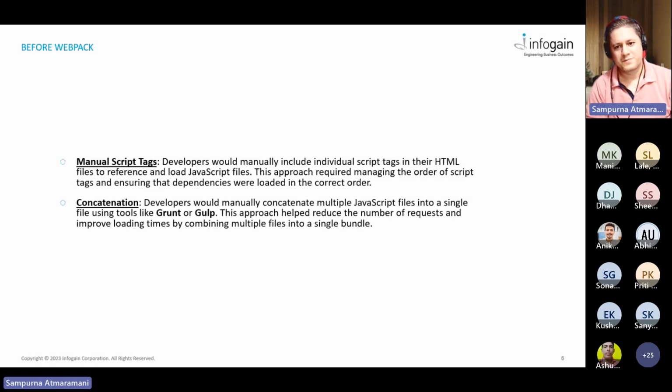And in the next step, if there are 10 JavaScript files and the user wants to bundle them into only one JavaScript file, we used to use tools like Grunt and Gulp, which are task runners. These are different from Webpack. They have different use cases, but they are also very useful. We can do many things using Grunt and Gulp, but we are not supposed to talk about that right now. And